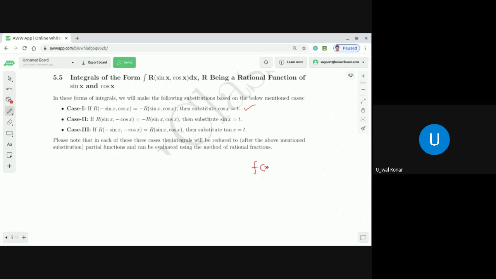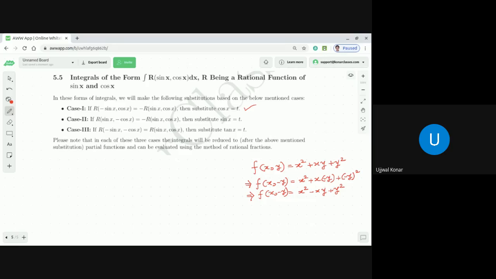Suppose I say f of x comma y is equal to x square plus xy plus y square, for example. So what will be f of x comma minus y, you know? Just instead of y, I write minus y. x square plus x into minus y plus minus y whole square. That implies it becomes x square minus xy plus y square. So the same thing I mentioned, instead of x and y here, I'm getting sin theta and cos theta.